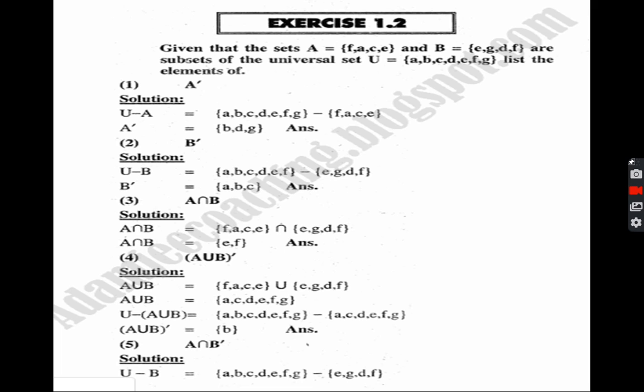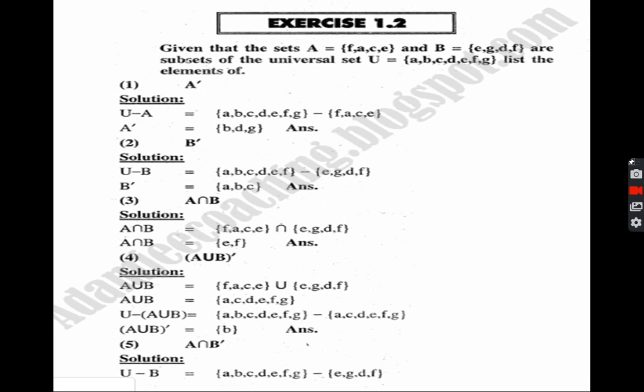तो A B C D E F G, this is the value of U minus A union B. The answer, just which is proved above of A union B, so the answer is A C D E F G. So now we are putting in the answer A B C D E F G minus A C D E F G. अब इन दोनों में से जो माइनस करेंगे, U में से U माइनस A C D E F G, तो हमारे पास B बचेगा, और यही हमारा आंसर कहलाया जाएगा।